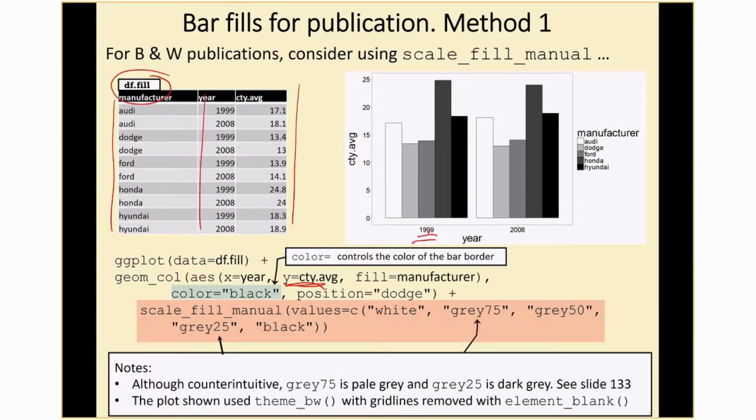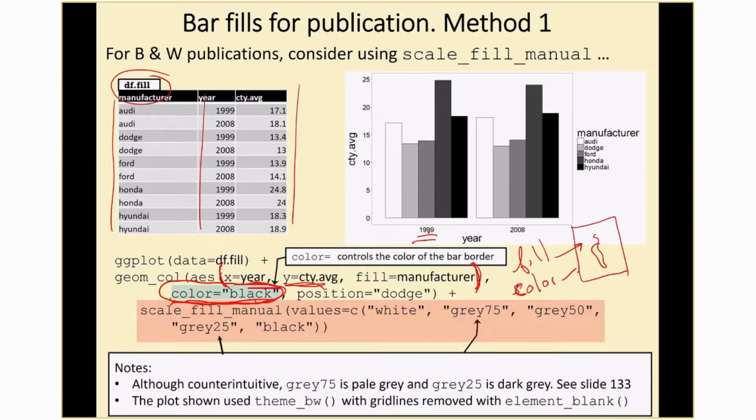So what's this color equals black business? What's that all about? And notice there's the open and close parenthesis of my aesthetic mapping. So this specification of color equals black is a setting. What's going on, again, is that with these column plots, they act just like the rectangles in a scatter plot, where fill is the predominant color and color